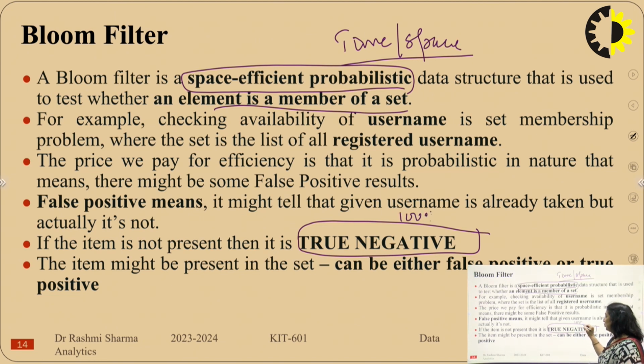So this algorithm has a plus point: if an element is not present, then 100% I can assure you that it doesn't exist. But if it says it may exist, then there is no surety whether it exists or not. Like the example I gave, when you are entering an email address and it tells you that this email address exists, it is not sure. If that address doesn't exist, it may still tell you that it exists, though practically the address doesn't exist.